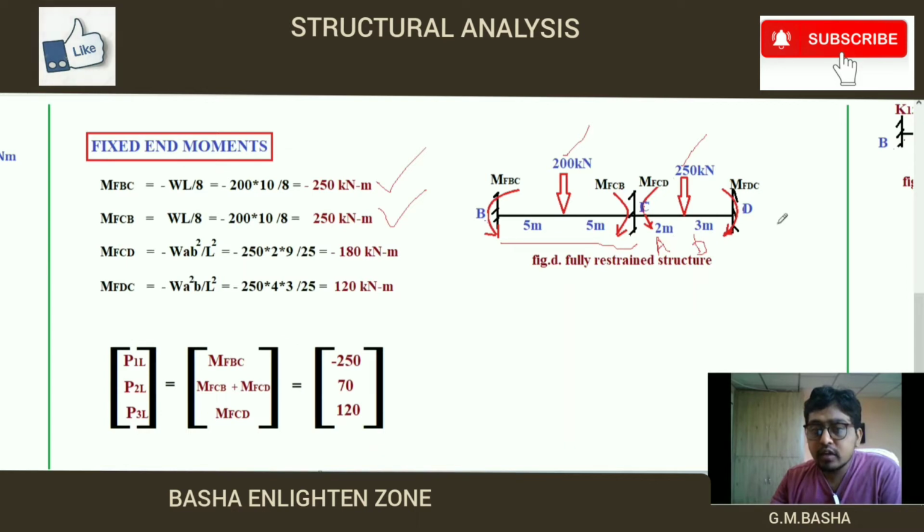So what is the L value here? Total length of the particular span, that is 5 meters, divided by 25. So if you simplify all the values, you will get minus 180 kilonewton meter. And again,